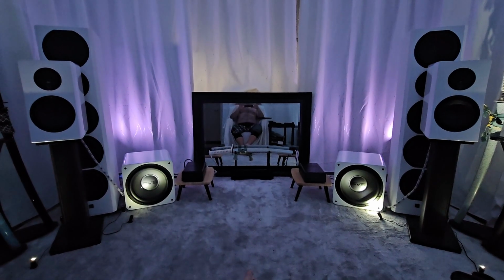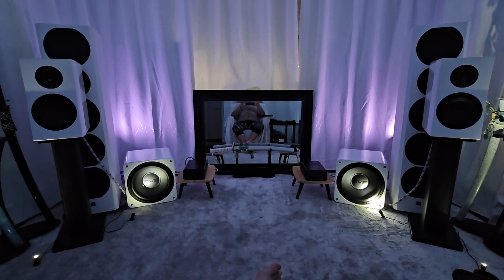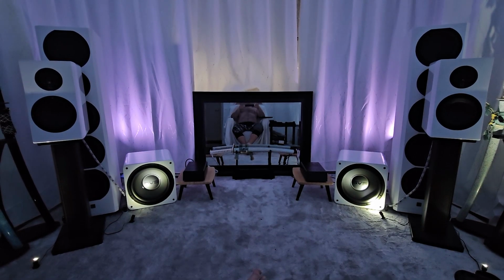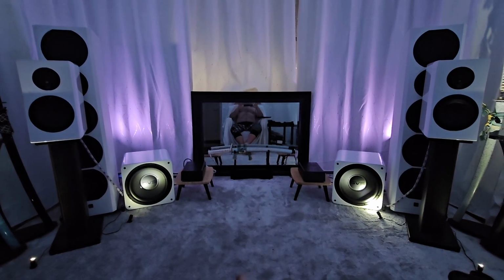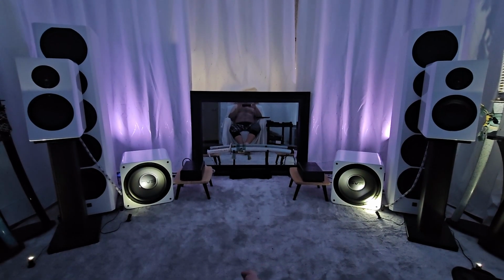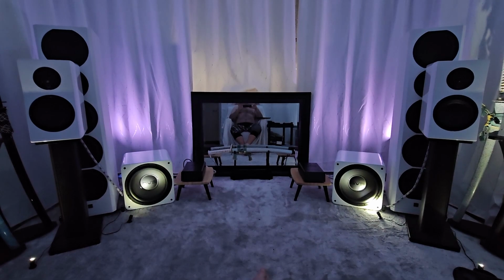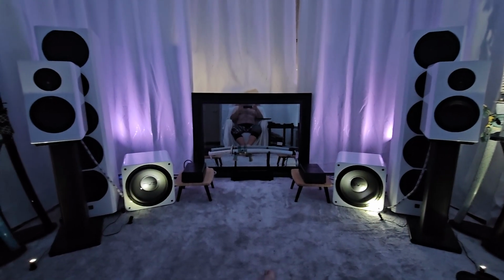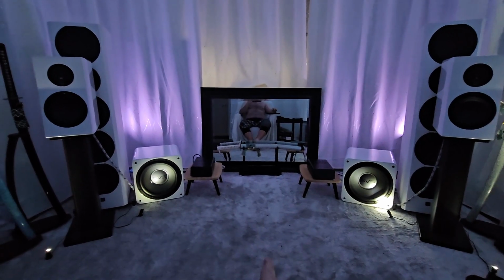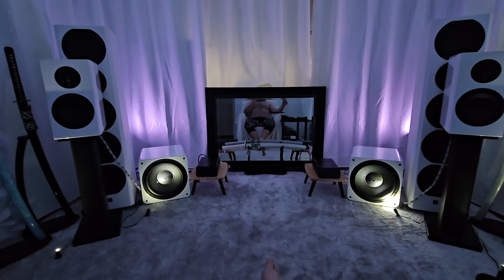If I can dial in the phasing, the low pass filtering to blend with these bookshelves accurately, where you want to go, this 2.2 system is gonna absolutely destroy these towers. That's my early impressions. I can't say for sure what's gonna happen, but